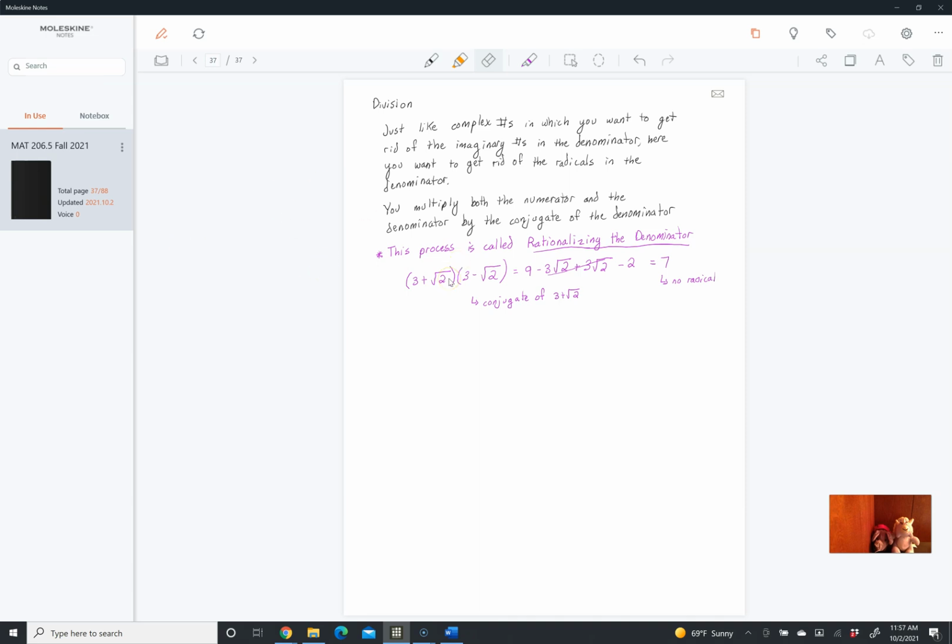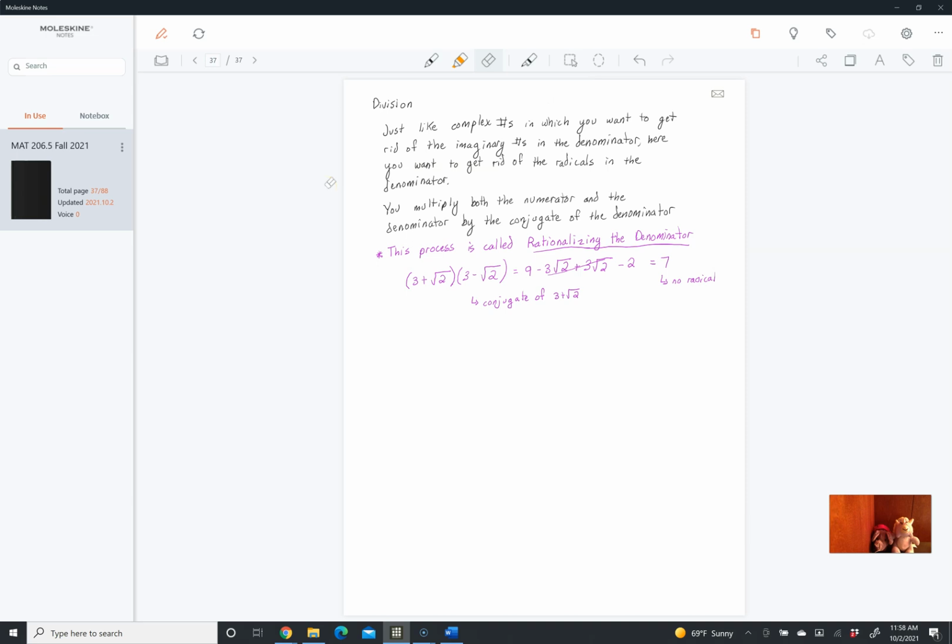When you do it with FOIL, when you multiply the first terms, the outer terms and the inner terms, the outer and the inner cancel each other out because they're the same when you multiply them. And when you multiply the last terms, you have radicals, so a radical squared gives you an integer. You're getting rid of any radicals that are inside that denominator. Okay, so we'll do 3 examples here because they're all essentially the same,